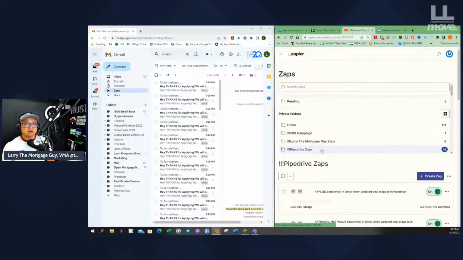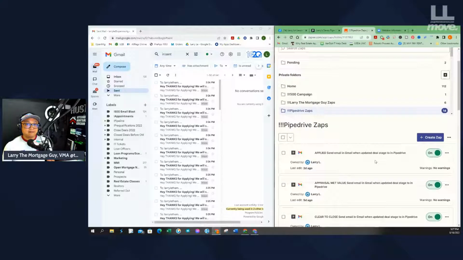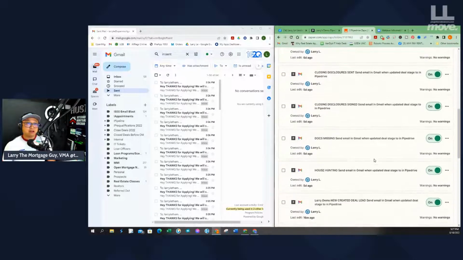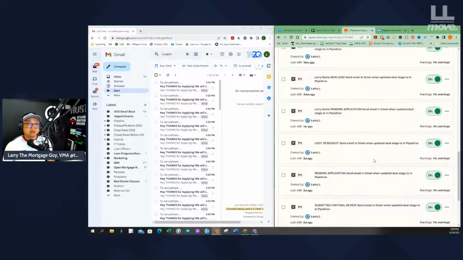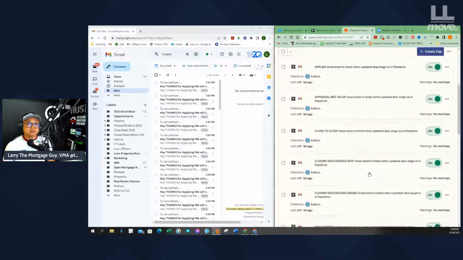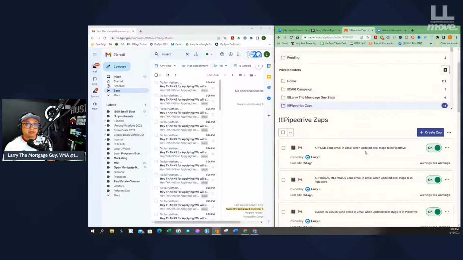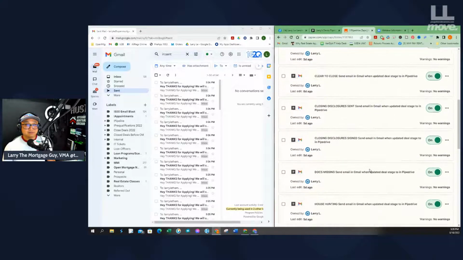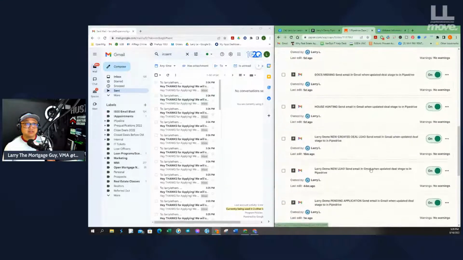Okay. So let's say a real estate agent sends me a client. They give me their name, number, and email. Of course, I might call them first, maybe I'll text them, but then I also want to email them so they can have my email inbox. So these are the types of zaps I created for my database in terms of who's a referral in terms of buying a house. But the one I created for this particular email that I'm mentioning to you is